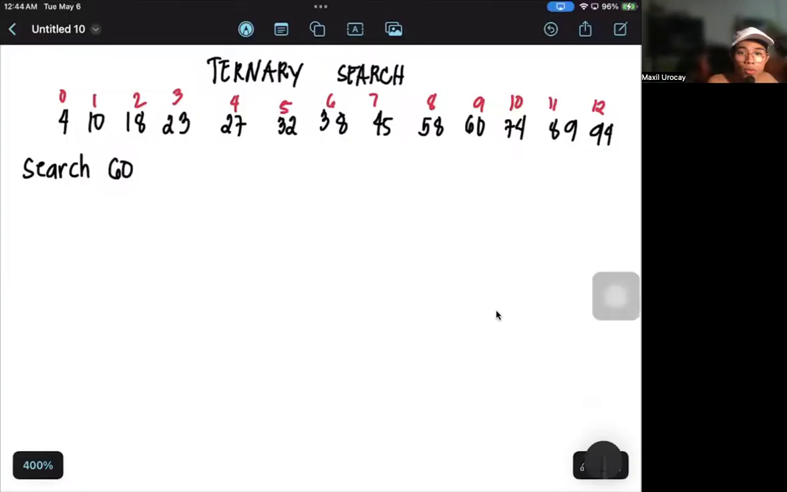Okay, so this will be another tutorial for the ternary search example. I'll walk you through the step-by-step process and how it works. Given that we have here a specific array that has 13